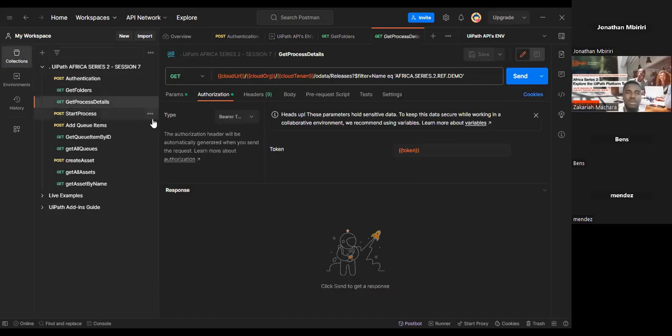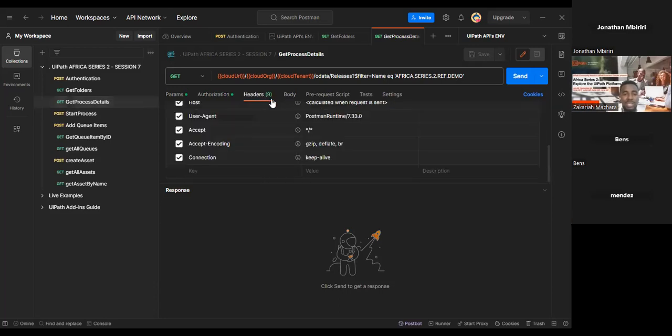The next one is get process details. What are the most important things about getting the process details? The process details will allow us to use the information that we get to start that particular process. So again, of importance is authentication. This means that this API call has been authenticated. So I passed in the token as a variable there, and then